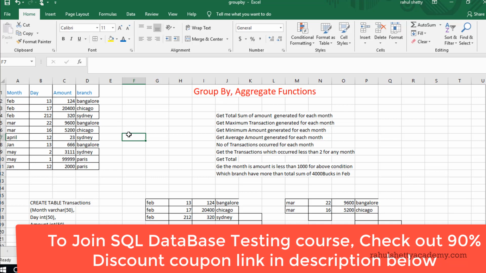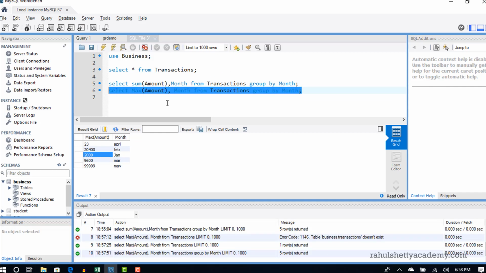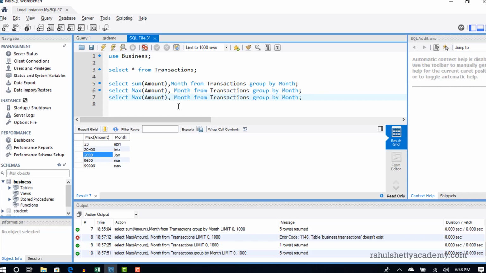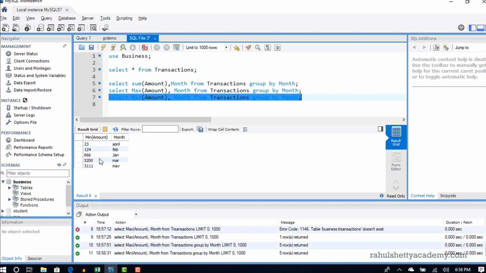And if you want to know the minimum amount, everything is the same, but there is one more aggregate function called min, which does the work for you with minimum amount. Okay, now you run this query and you get all the minimum amounts, which is quite the opposite of the maximum amount generated per each month.